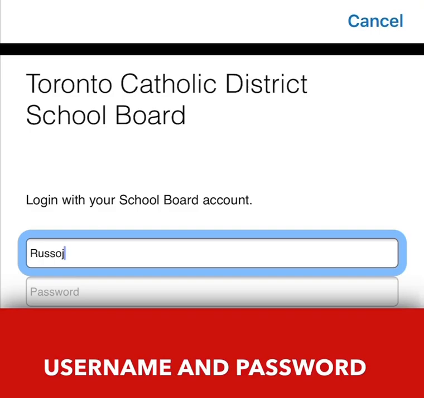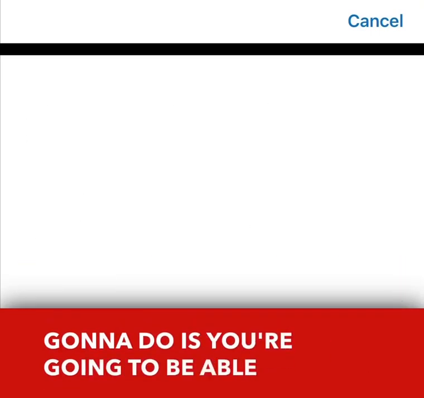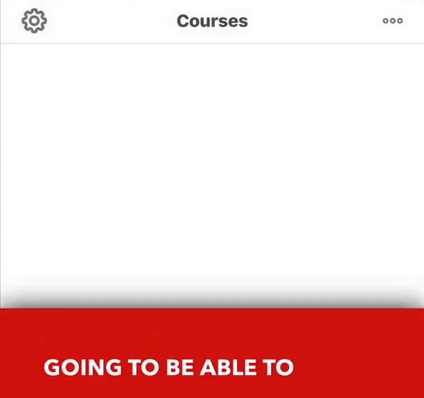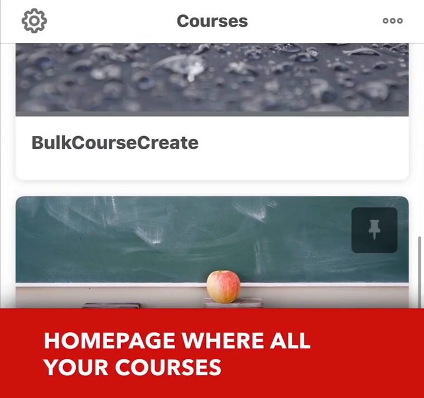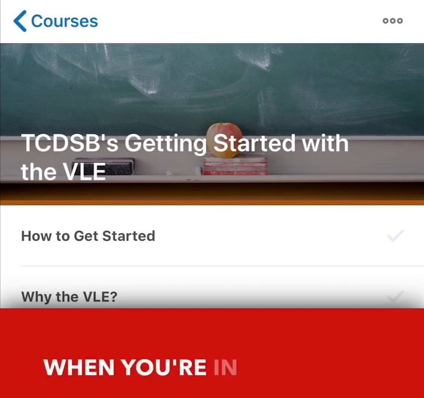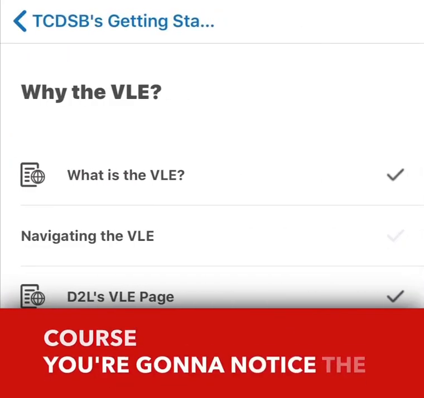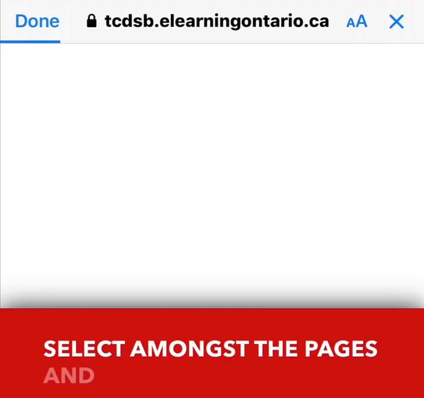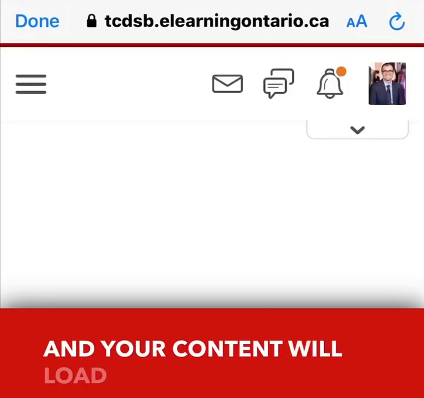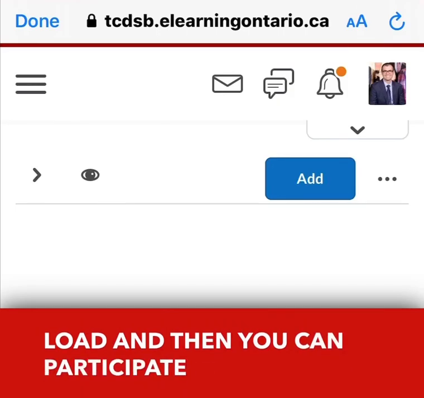What you're going to do is you're going to be able to go and land on the homepage where all your courses are. When you're in your course, you're going to notice the content pages. You can select amongst the pages and your content will load, and then you can participate in what it is